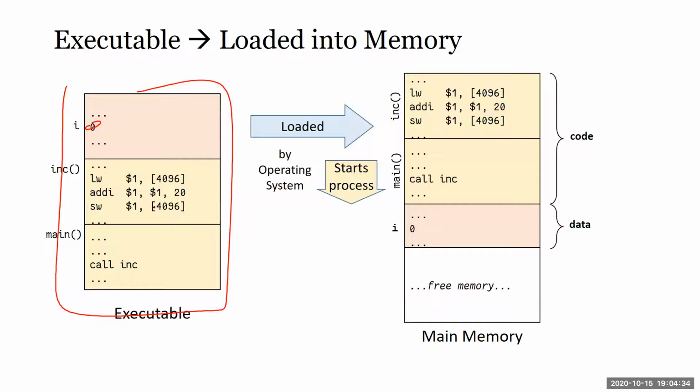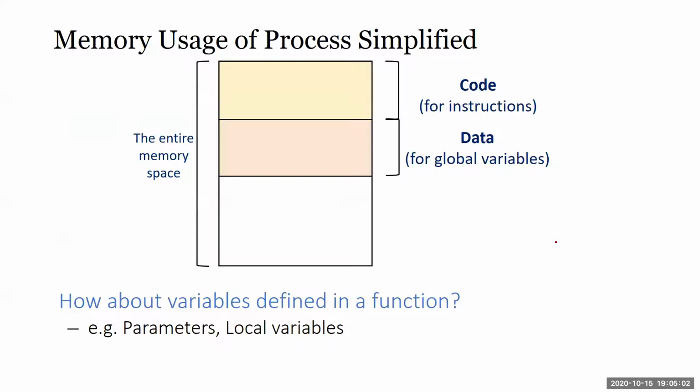So after compiling, what your operating system does is it sets aside some memory for you. Basically it says, okay, your program wants to run, I give you a chunk of memory. You do whatever you want in the memory. So your operating system will load your code into the memory. Then after your code, somewhere here, you can use it as your free memory to do your computation, to execute your program. So you have some memory space given to you, you have some code, you have some data here.